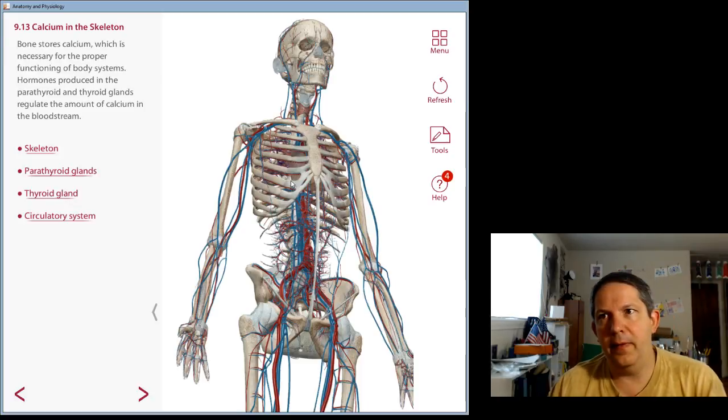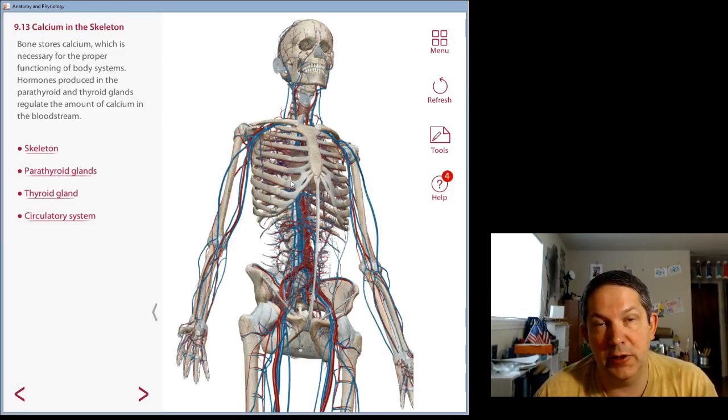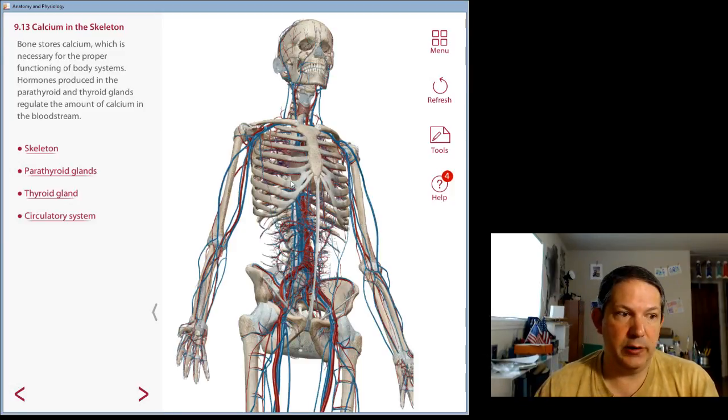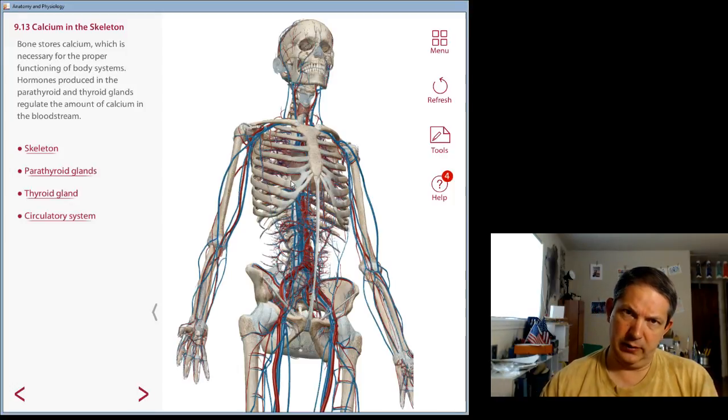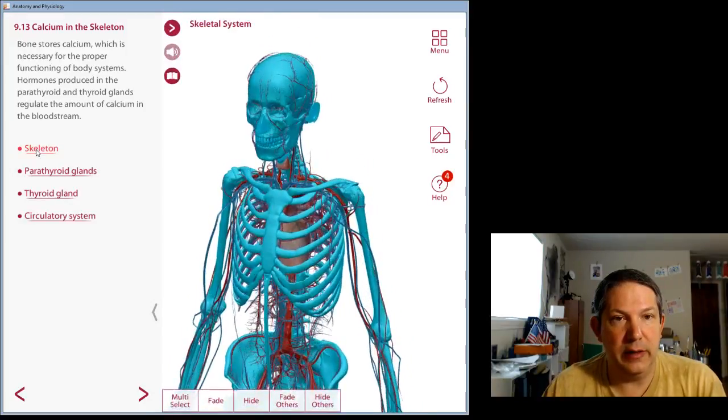And there are different types of minerals in your bone. Some of it's just calcium carbonate, which is limestone essentially. But most of it's this mixture of a calcium phosphorus salt that's called hydroxyapatite, I think. And so yes, it's there in the skeleton,